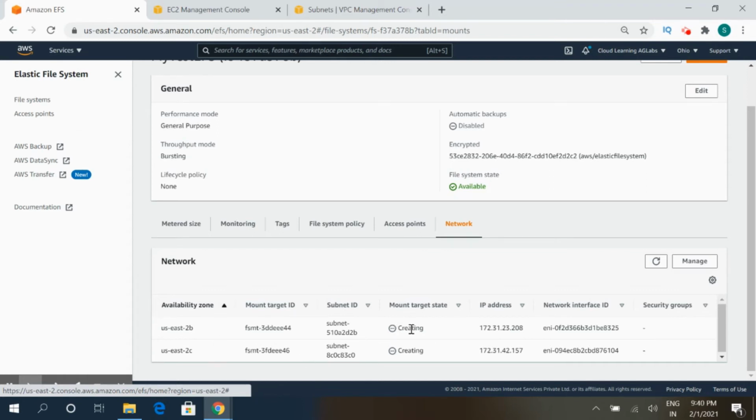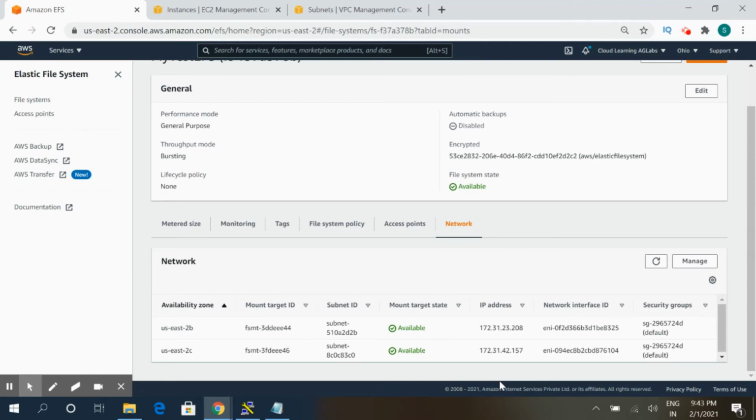So right now the status is creating. Once it's created, we will get it as available in the mount target state. And here the IPs have been assigned, and these IPs have been mapped to an ENI, elastic network interface, and based on that interface a particular IP has been assigned. So I will pause the video once and wait for these mount points to be available.